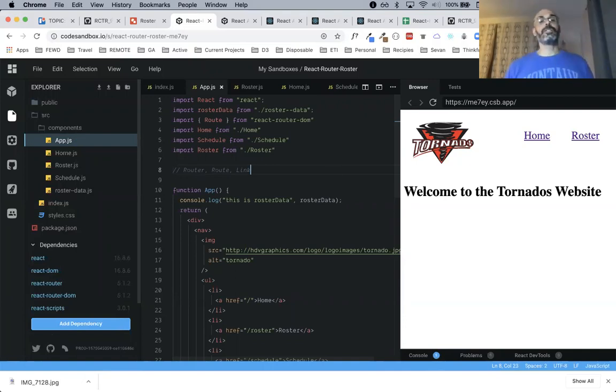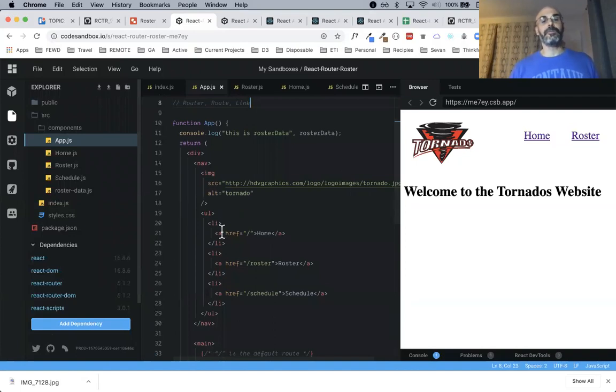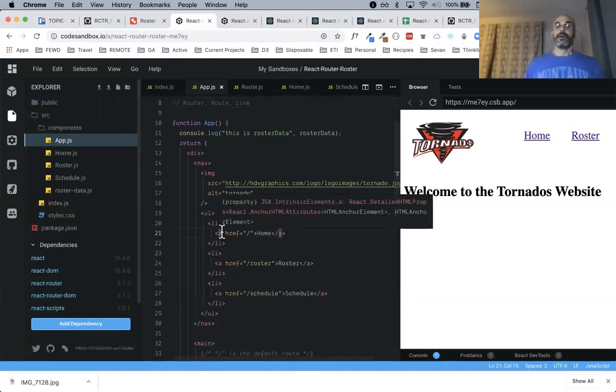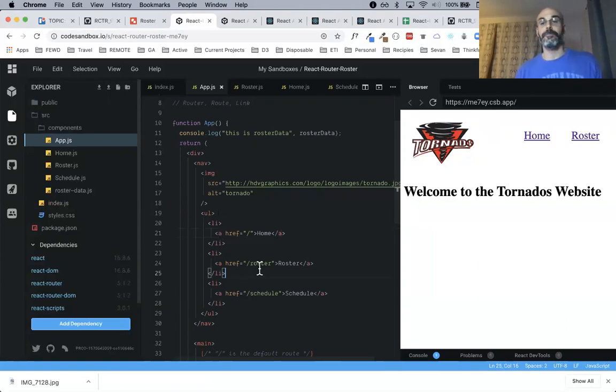The link is going to take the place of these anchor tags. Those anchor tags have been great up to this point, but they don't act the way we want. Link is going to stop the page from refreshing and just render the content, and that's what we're trying to achieve here.